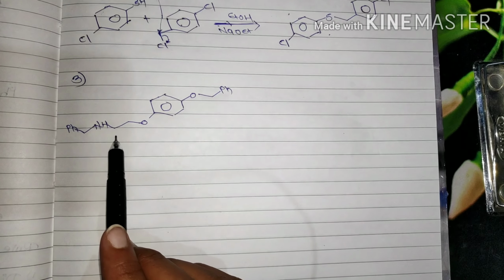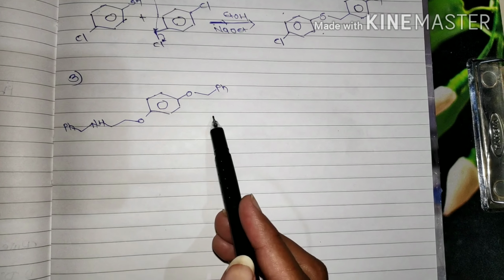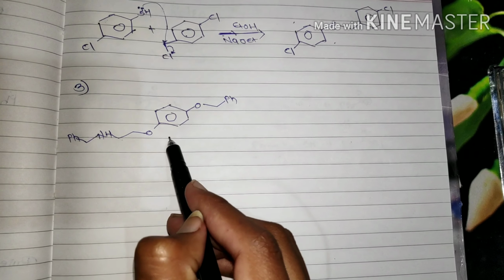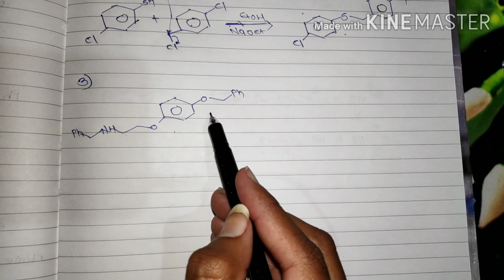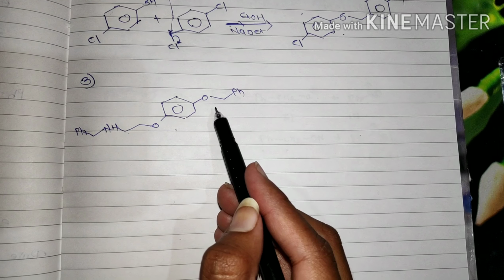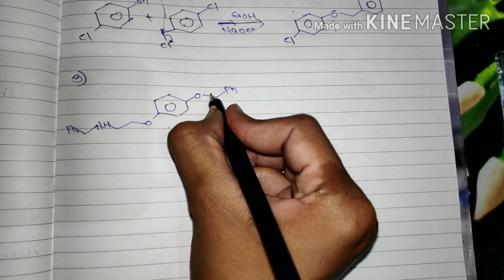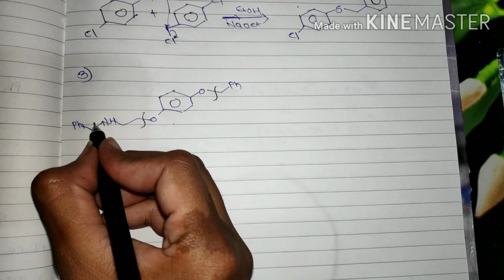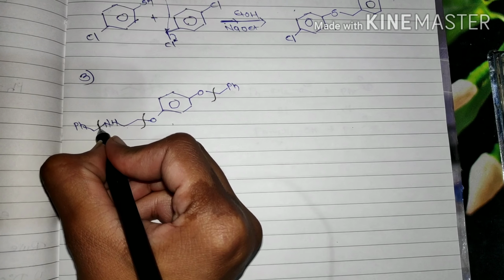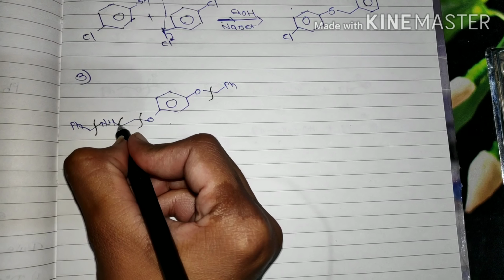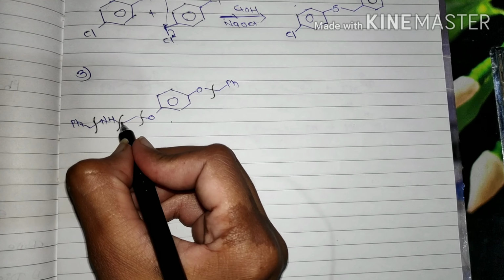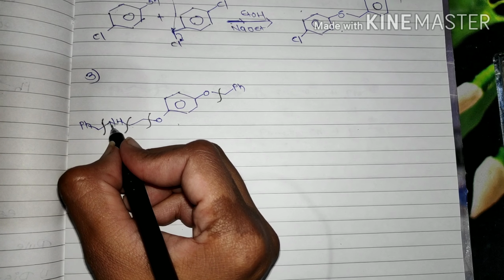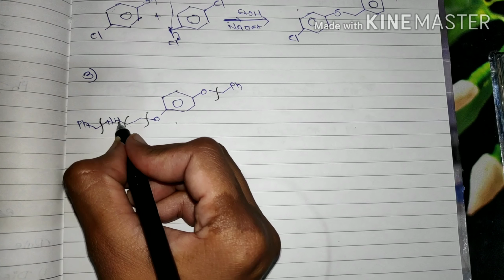The third rule is that the disconnection should choose the route that avoids the chemoselectivity problem, and this also means that the more reactive group is disconnected first. In this product, more disconnections are possible. This is the first, second, and NH group, amine groups are present, so this is also possible. This is also possible, meaning the nitrogen oxygen bond. Nitrogen is also a heteroatom, so disconnection is also possible.